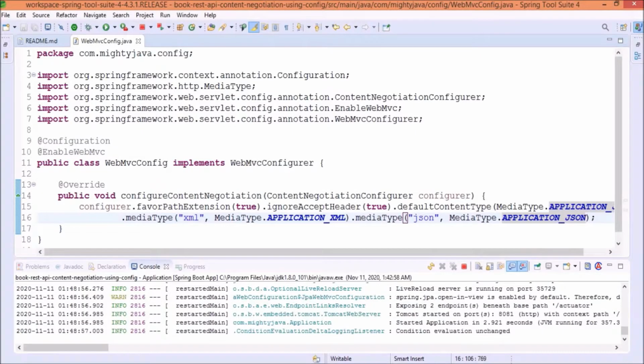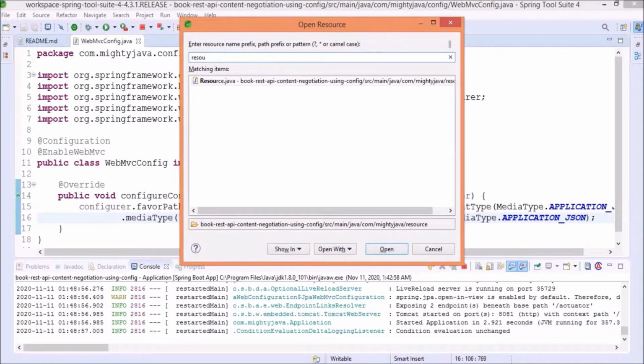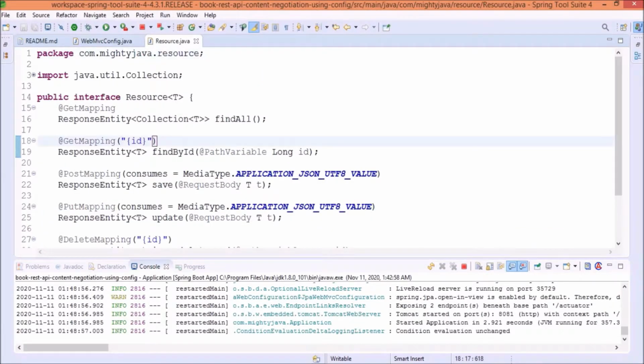Now we need to add some more changes, so let's open the resource interface. Here, for the findById method's GetMapping annotation, let's add the value before the ID and add produces also. For produces, let's add XML and JSON both.